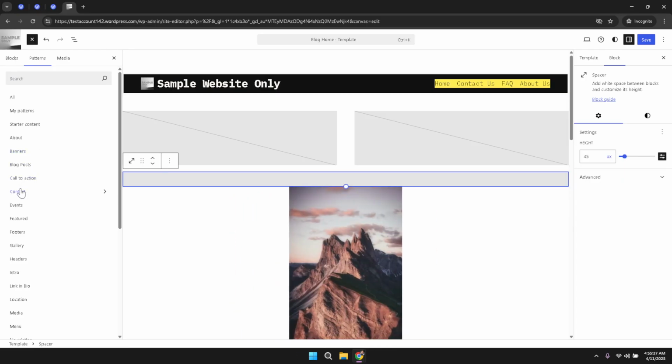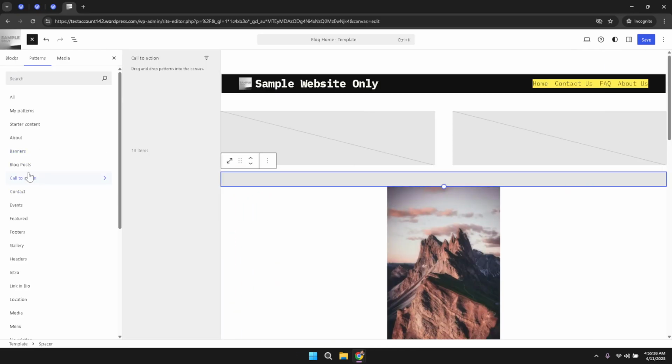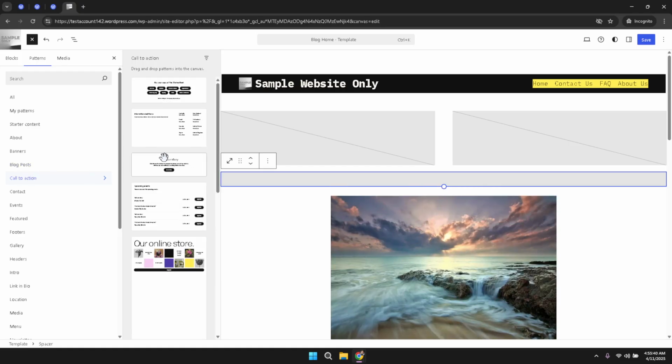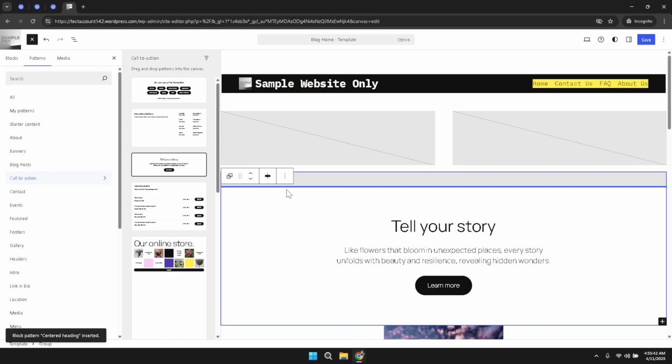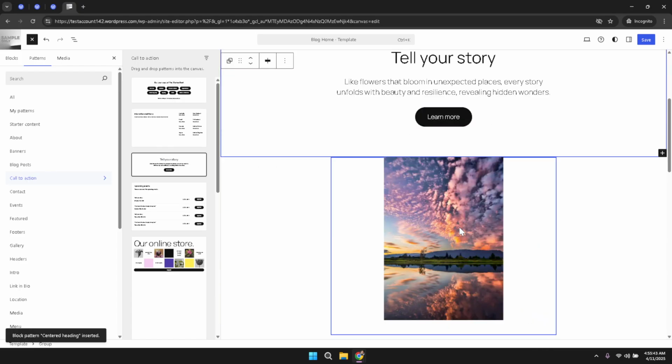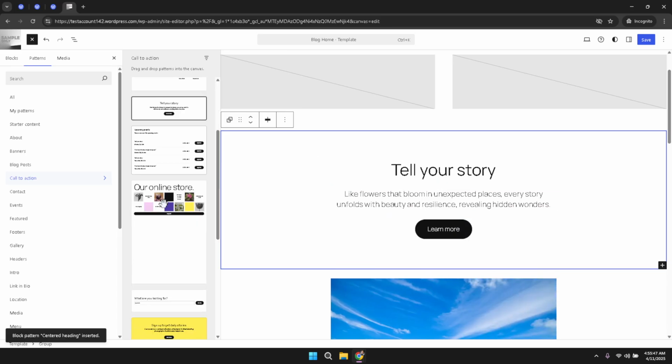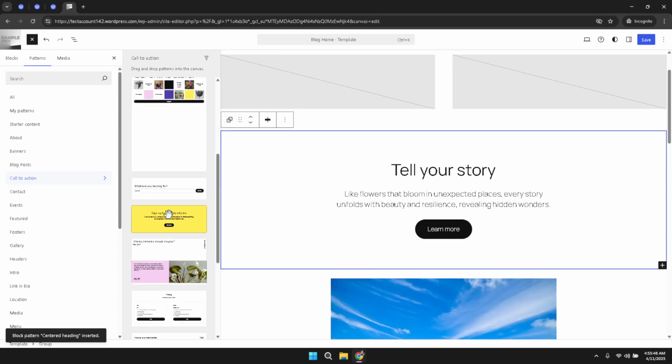Now that you are on the Patterns tab, take a moment to browse through the collection presented. The interface displays a variety of block patterns, each offering a unique layout or design that can be tailored to suit your content needs. Once you identify the block pattern that best fits your vision, simply click on it. This action immediately adds the selected block pattern to your site, integrating a pre-designed structure that you can further modify